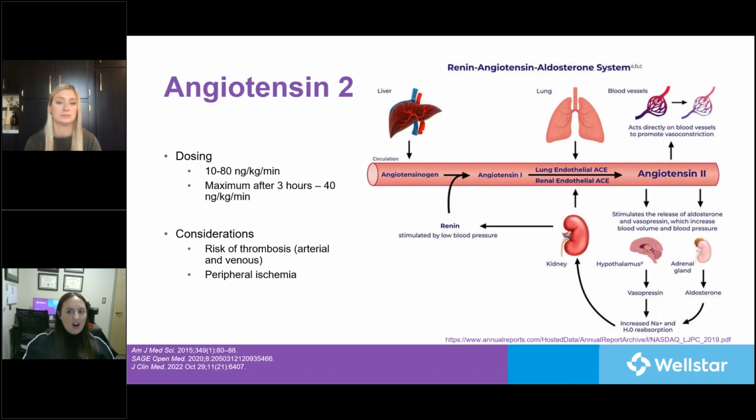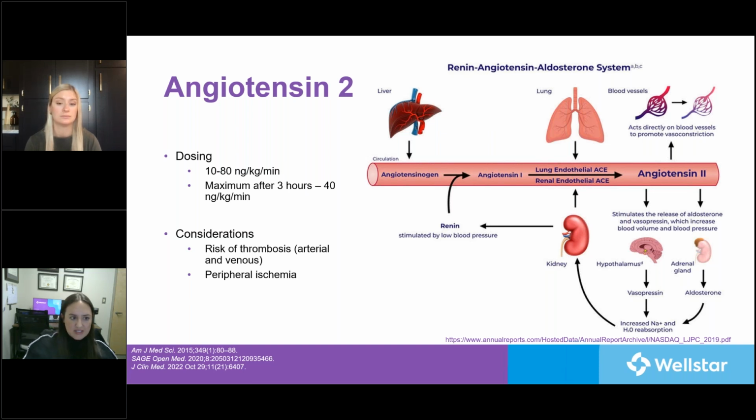Kind of the new hot drug on the market for vasoplegia after CT surgery is angiotensin II, or Giapreza. Angiotensin II is a synthetic form of your endogenous angiotensin II, which is a naturally occurring hormone in the RAS system. It increases your blood pressure via activation of the angiotensin II type 1 receptors, or AT1 receptors, and causes subsequent